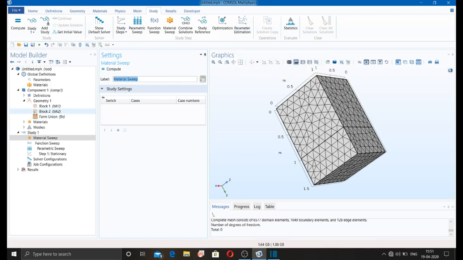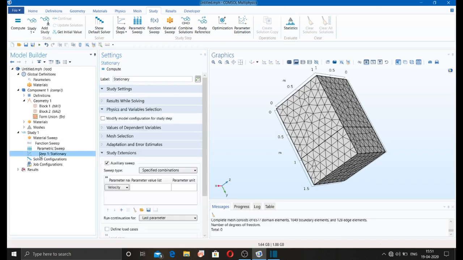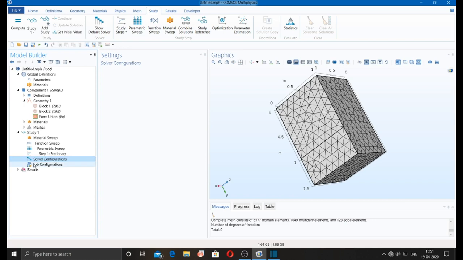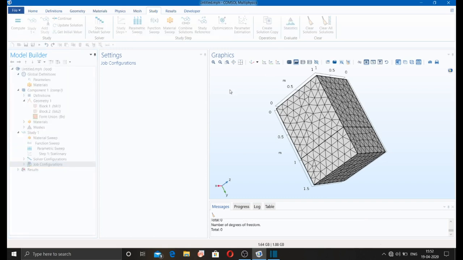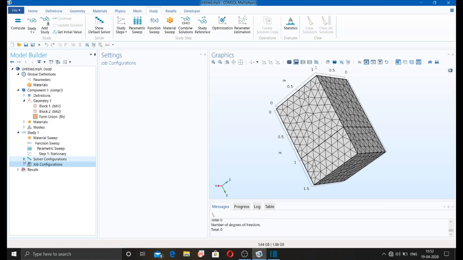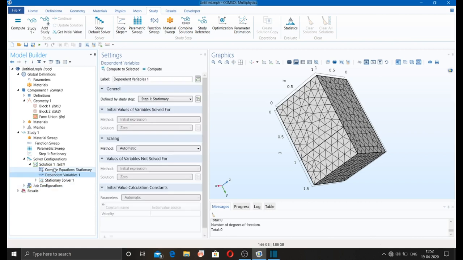If you have any convergence problem in your analysis, you can also go to the solver configuration, solution, compile.